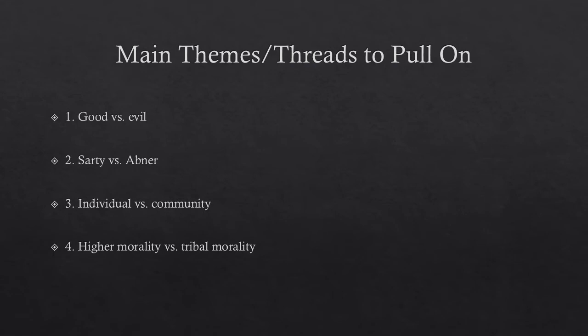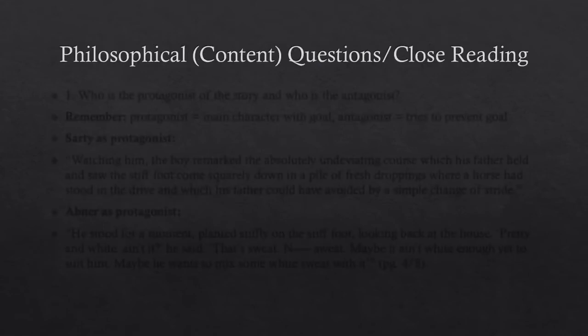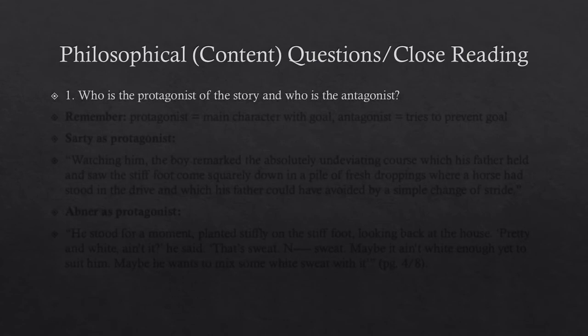Is it better to be part of a community or completely an individual outside a community? Is a universal morality or more relative morality better? Which of these are more helpful, more productive? This story demands we ask those questions in the way it sets up Sardi and Abner in conflict with each other, in opposition to each other, and also what we think about who's the hero, who's the villain, helps determine how we answer these questions, how we see these binary relations.